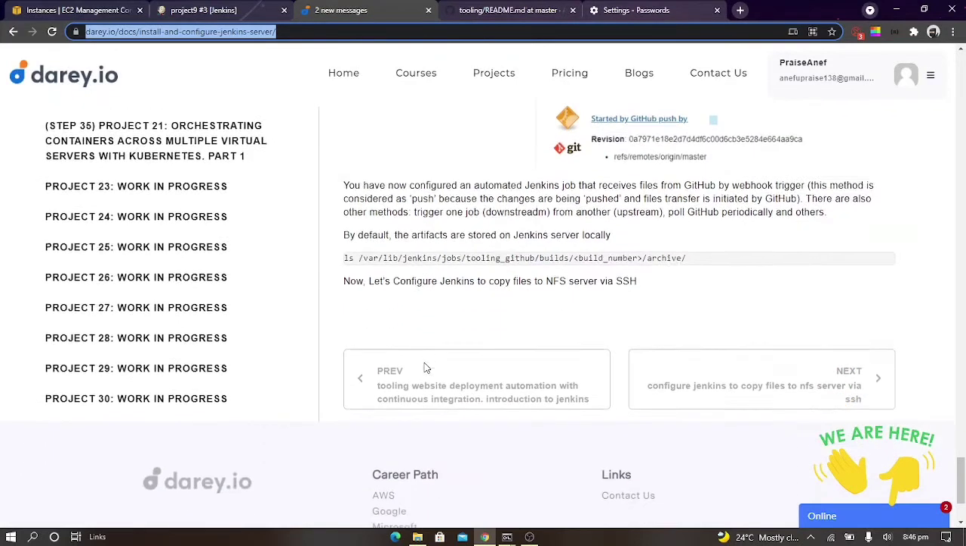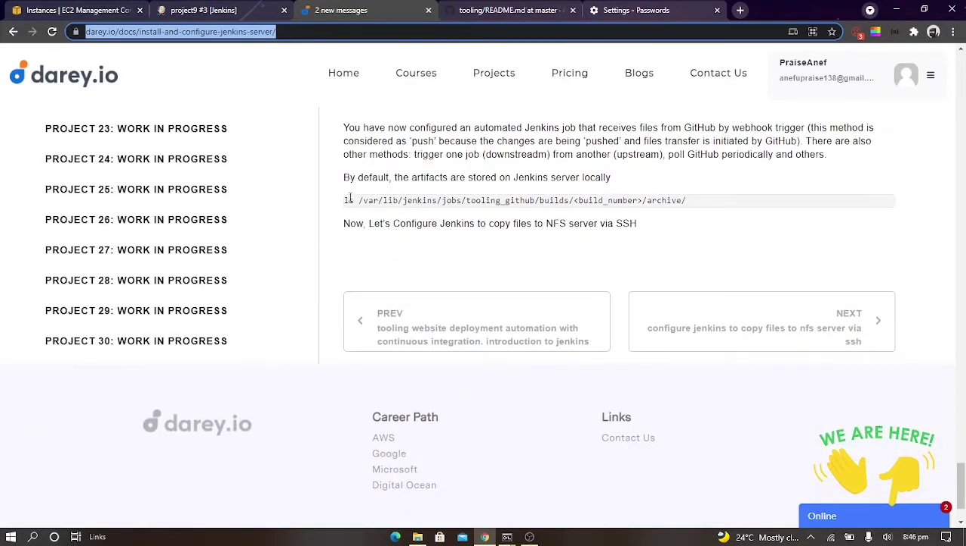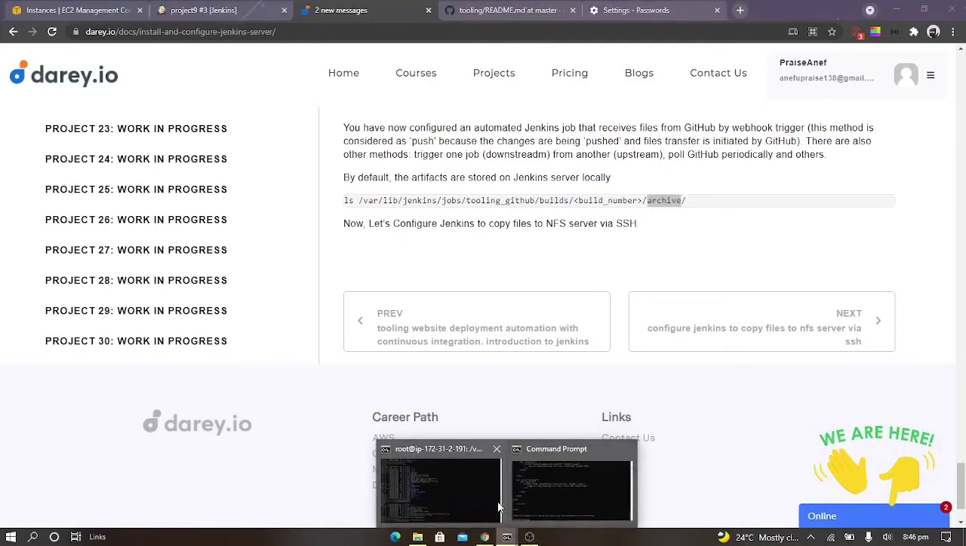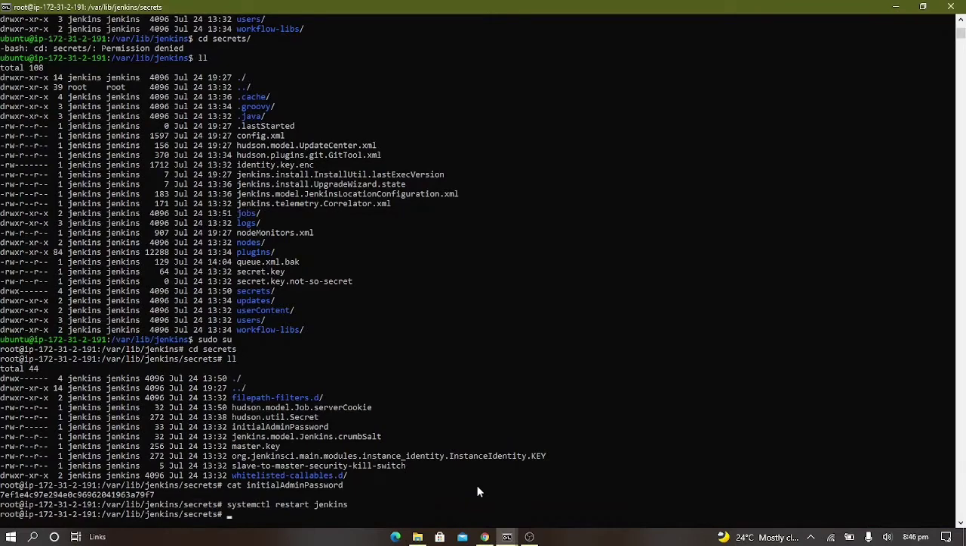By default, don't forget, your artifacts are stored in the Jenkins home under jobs, tooling, the name of the freestyle project, builds, the build number, archive. So if you check that it's successful, you can come to